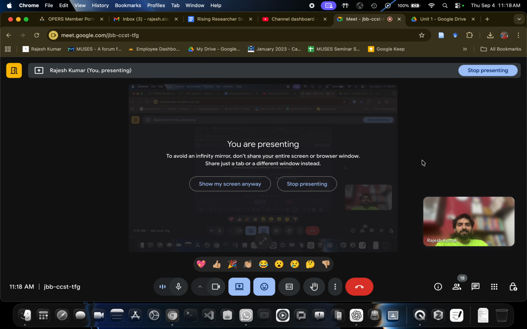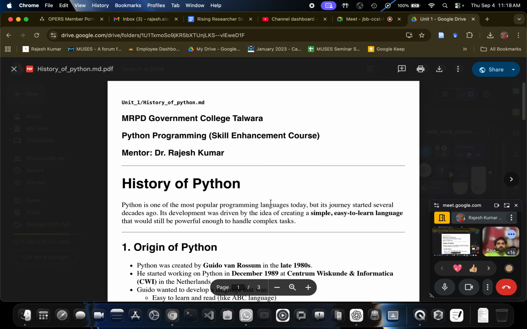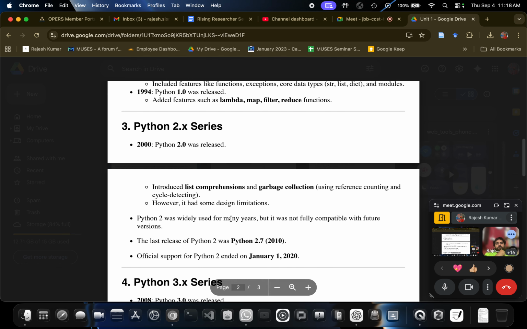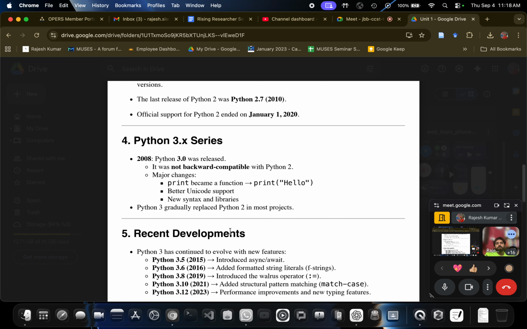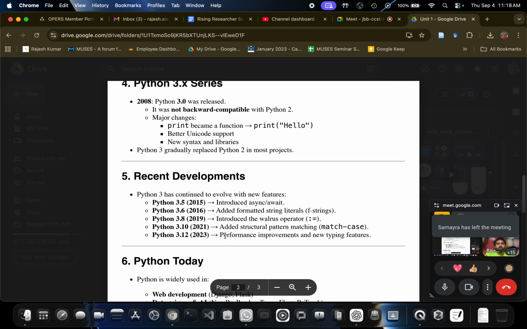So let us start this class. Before going to the actual lecture, let me cover a few things. I have added a PDF in the Unit 1 folder where you can see the history of Python, the origin of Python, the earlier versions, Python 2.0 and what was in it, what is special in Python 3.0, which is the current version, and recent developments like 3.12 in 2023.